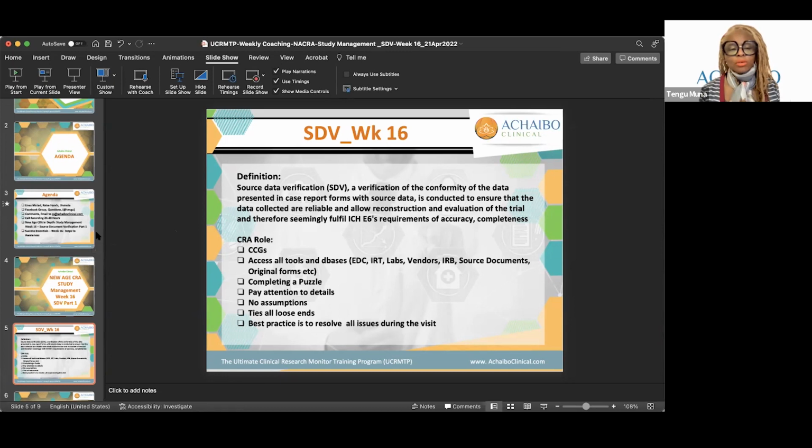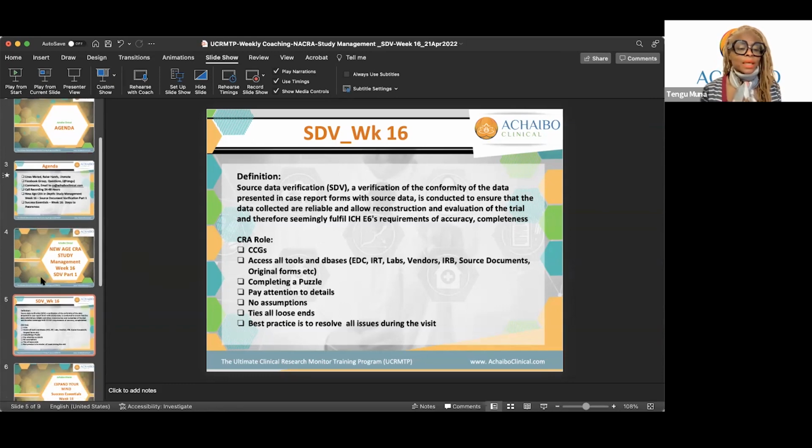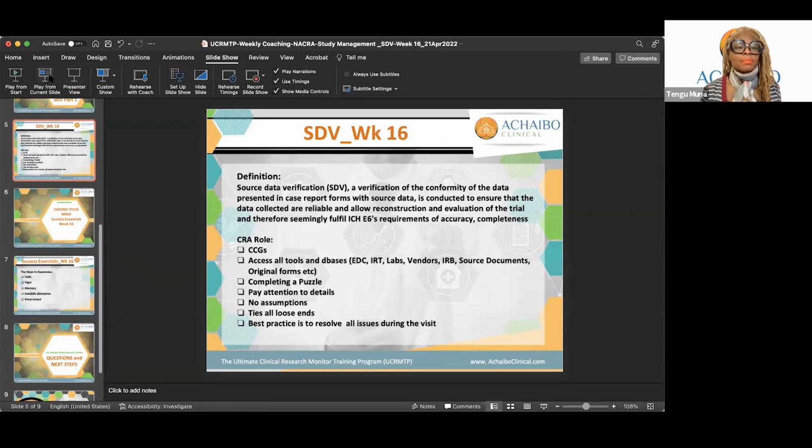It's nothing difficult. The goal of clinical trials is that we're going to submit to the regulatory bodies and say, you know what, we have run this clinical trial. This is the data that we have. We think it's accurate. So can you take a look at it and see if it is safe and efficacious, and that we can bring it to market? These are the steps that we take to ensure that the data is accurate. Now, let us move on